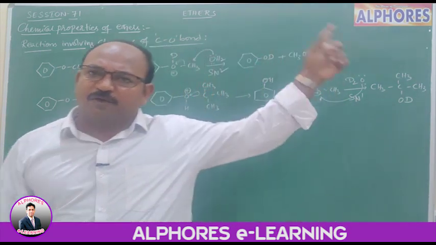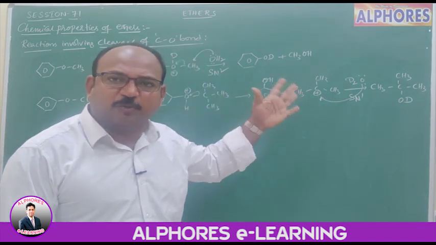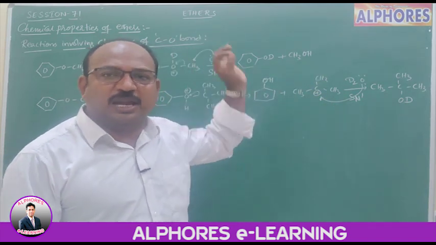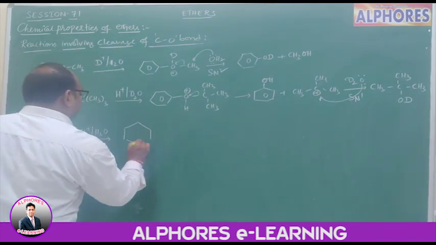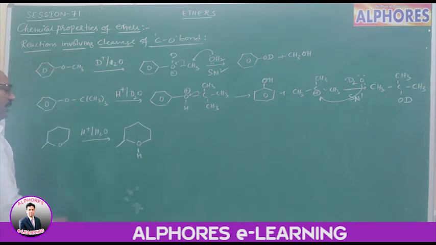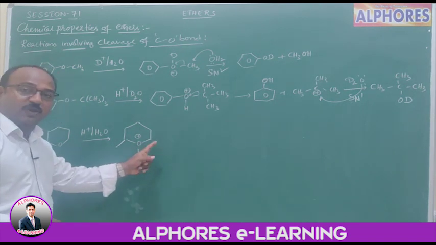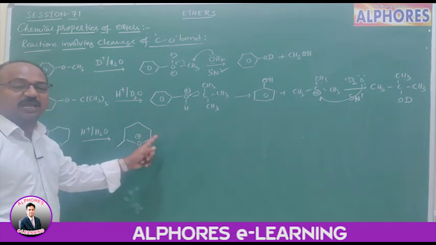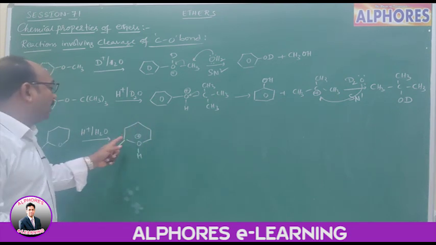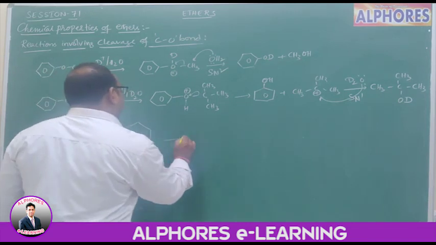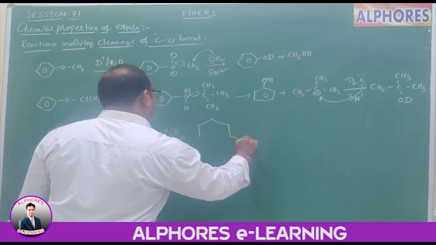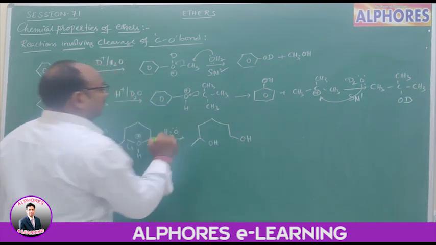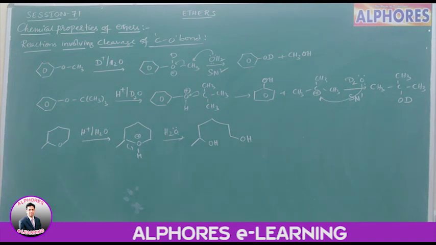COD, deuterotertiary butyl alcohol. See, in first case OC bond is not going to break here, and first solvent molecule attacks upon less hindered alkyl group, then OC bond cleavage. And in second example, first OC bond cleavage and after formation of carbocation, this mechanism what we call SN1 mechanism, via formation of carbocation. And via formation of carbocation means again you may get a mixture of products depending upon whether they propose rearrangement or not. Next, this one here H plus, we are getting this oxygen gets protonated and methyl group here plus. Now which OC bond